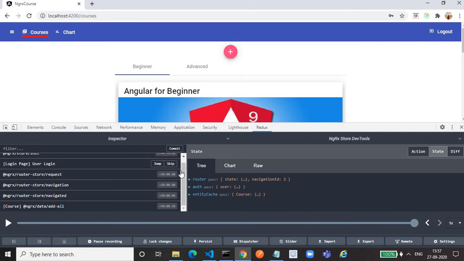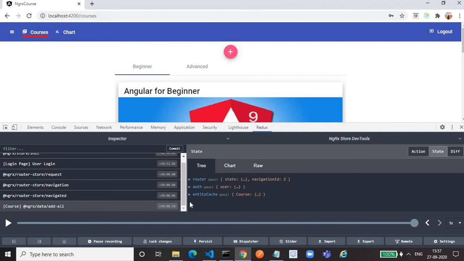See, once I navigated to the courses screen, you are seeing this action triggered. This is the course @NGRX/data all action. This action is triggered for populating the courses data into the store.